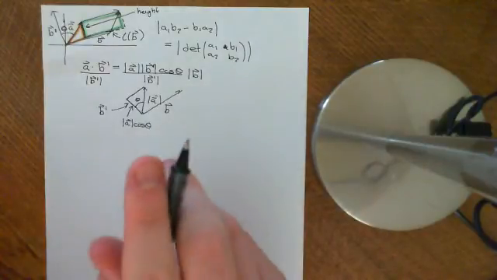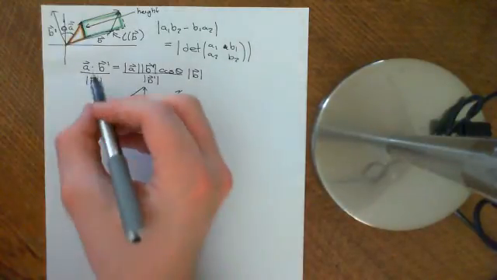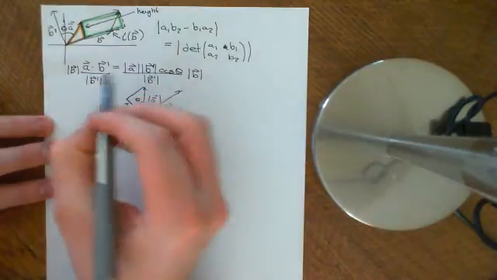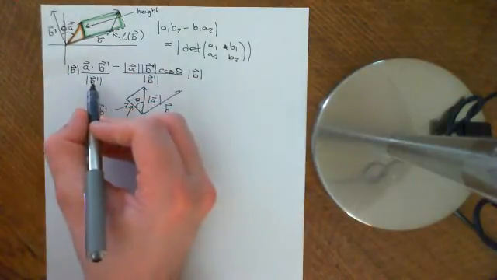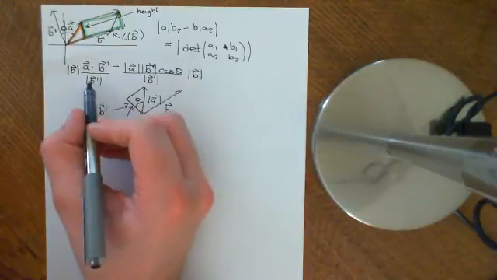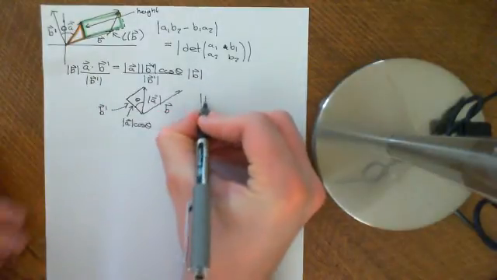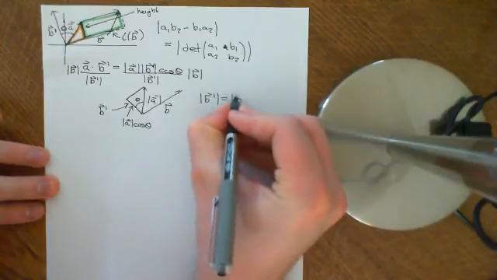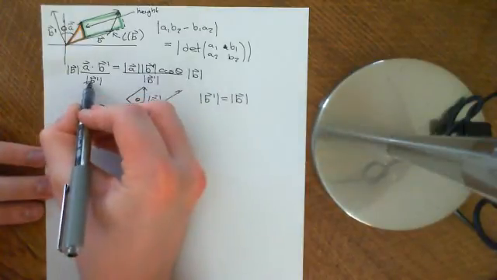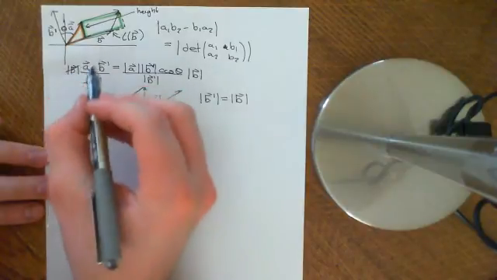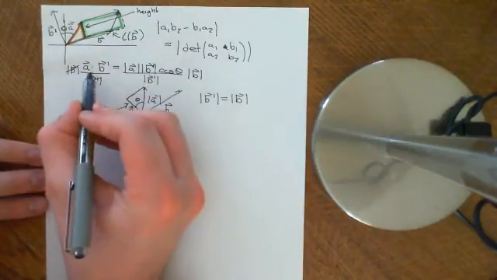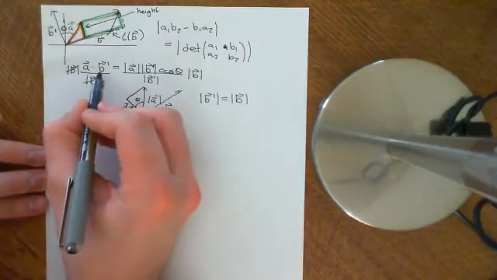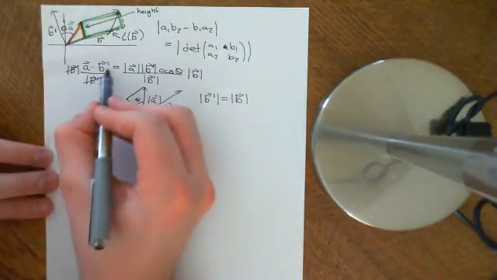However, there's something clever we can do here. Instead of saying let's divide through by B prime, what if we made the modulus of B prime the same as the modulus of B? What would that do? That would mean that this beautifully cancels with this, and then we'd get the modulus of A dot producted with this vector B prime,